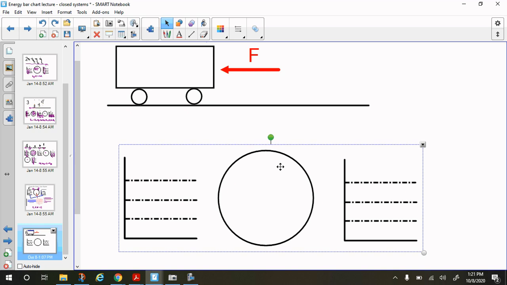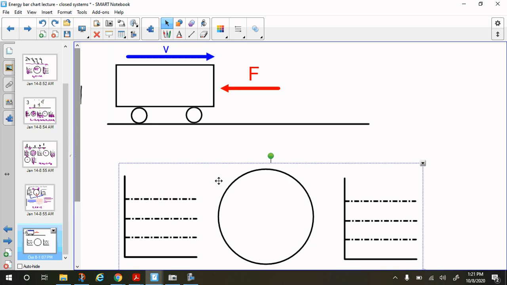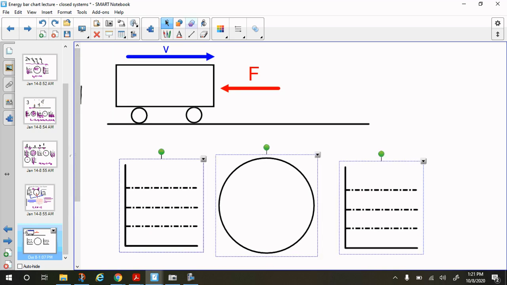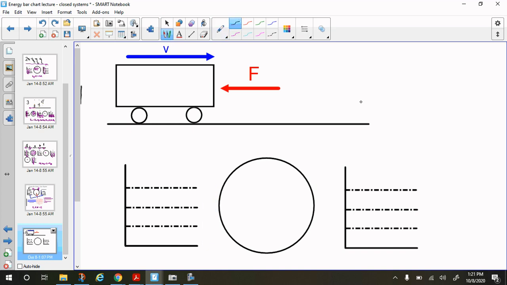Okay, so let's say that we have this car, and this car is traveling to the right. There's a force on it to the left. So a little bit later, let's say the car comes to a stop. Okay, so this is situation 1, this is situation 2,